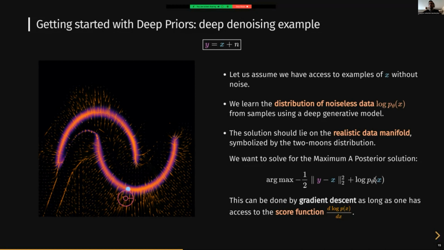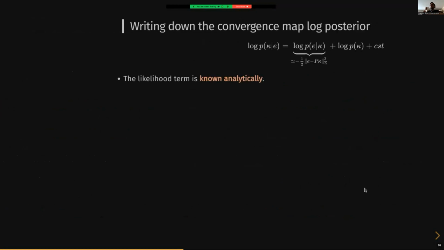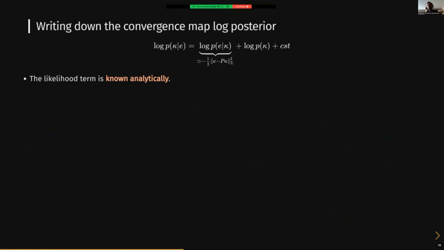But because we have access to all of this Bayesian inference machinery, we can also try to access the full posterior solution. And that's exactly what we did for this problem of trying to reconstruct maps of the matter distribution on the sky. I'm going to go back to the equations here, where you recognize the posterior distribution. So all of the possible maps that are compatible with the measured ellipticities of galaxies that we see on the sky. And I can split it in two terms, the first one being the likelihood term.